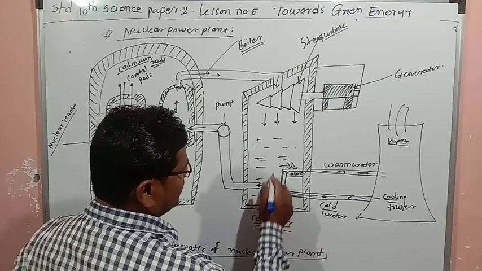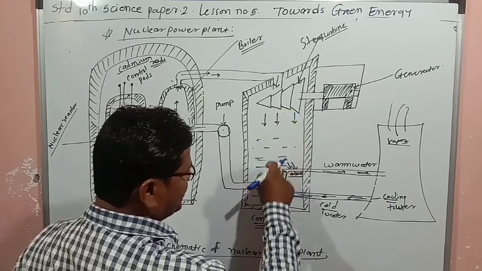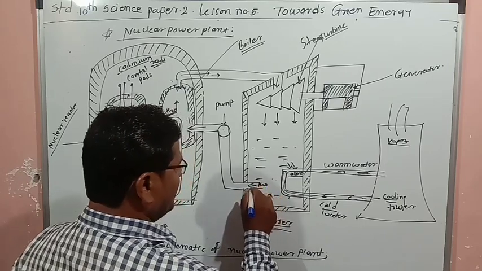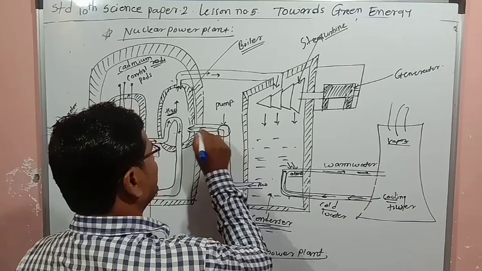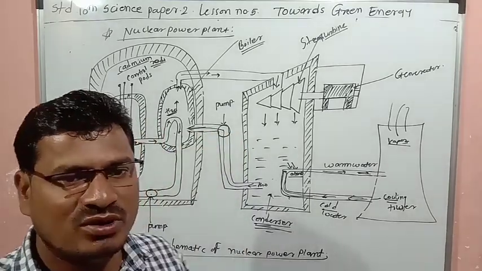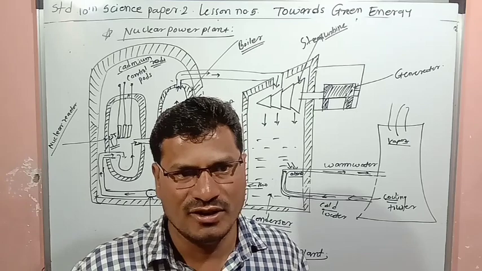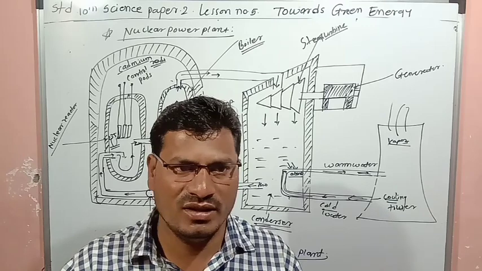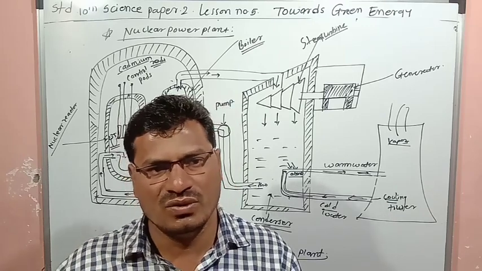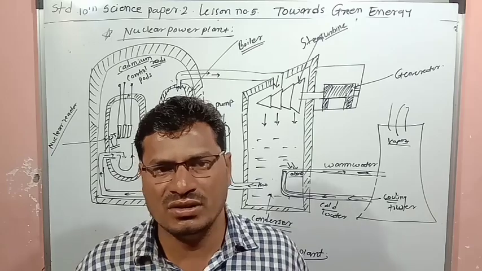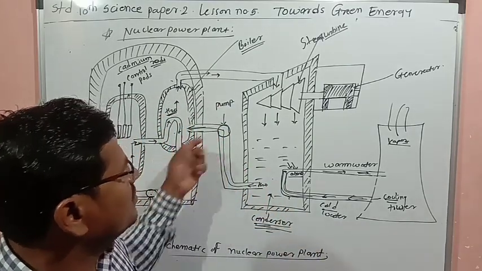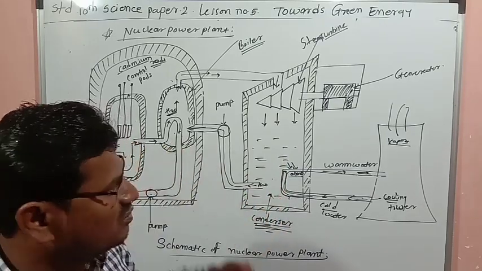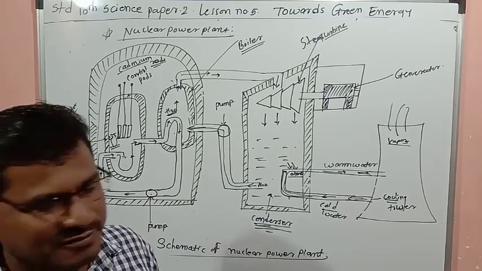Okay, so next thing is, whatever steam is there, it is condensed. Again it is converted into H2O, liquid water, and then that water is again reinfused into the boiler. So here circulation of water is done. Water is circulated. Water is not wasted. Water is heated, converted into steam, and again that steam is converted into water. Like this way, that water is circulated again and again, from boiler to the steam turbine to the condenser to the boiler, in the power plant.